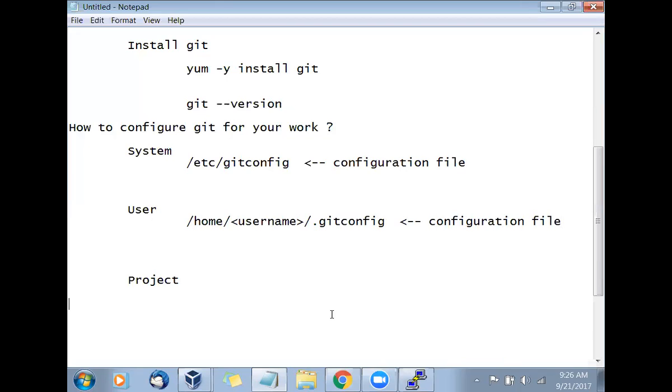You have the project level file. You can go here and say, okay, my project directory / and then you'll say .git, and then you will have the config file. So this is the project level configuration file. Now for three levels, you have three different configuration files. So you need to understand.